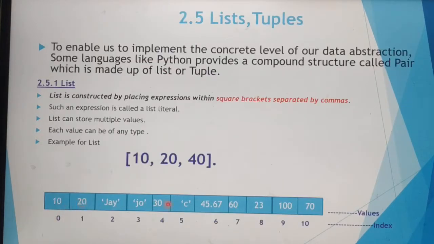Here we have a list of elements. Each element in the list has an index value. Actually, the array elements start from 0. The first element is stored in the 0th location, then the second element is stored in the first location, and like this, up to n minus 1 the elements will be stored. If you want to access the second element, you have to give the index a of 1, a of 0, a of 1, like this. Based on this index value, we can access the elements from the list.